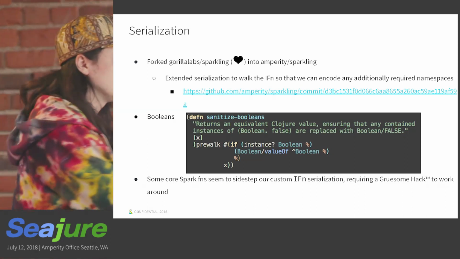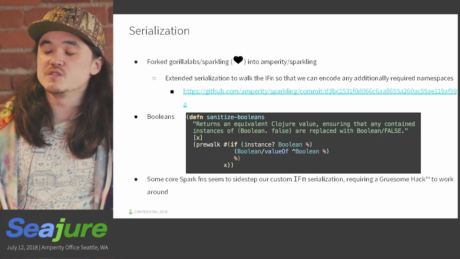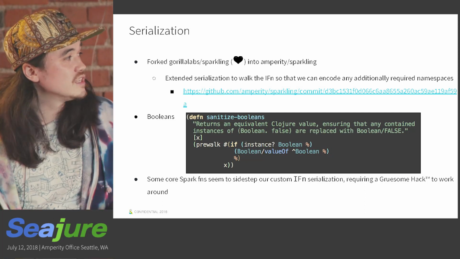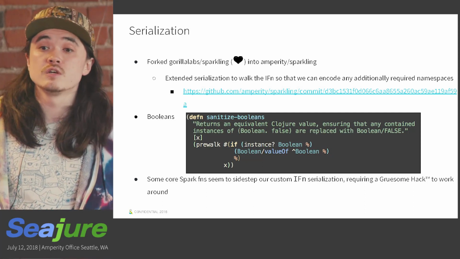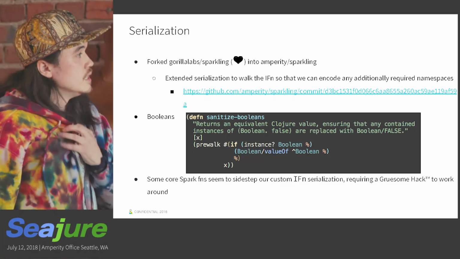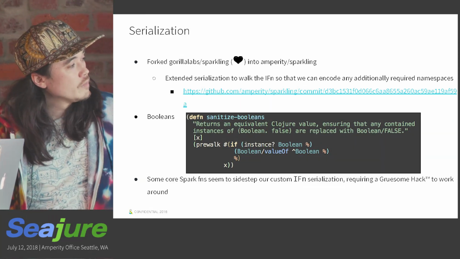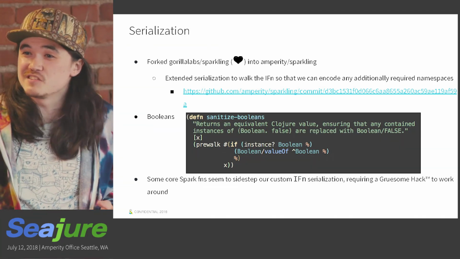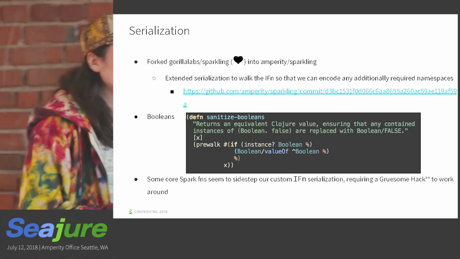So I'll step back one second and say the main way you would transmit a reasonably sized value, not hundreds or thousands of megabytes, into the scope of an executing Spark function is by forming a closure with an S over it, and then Spark does a bunch of magic in the background as part of its serialization process to ship that value over. But for whatever reason, as an implementation detail of Gorilla Labs and our Sparkling, those Booleans were coming across, and all we were looking for was basically the nil check. Is this a nil object or not? And it was not. It was always a true object, even though it was a Boolean false, right?